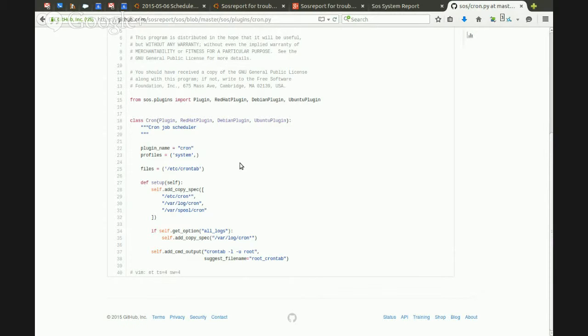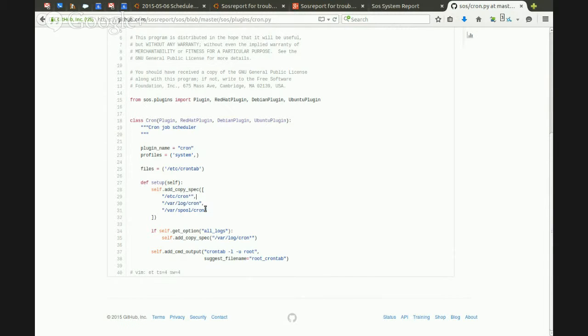For stuff that's custom to Red Hat or Debian or Ubuntu, you have that ability in the plugin architecture to select the specific OS you want it to be running on, or do different things. So for instance, for logging, Red Hat has had journald for longer than Ubuntu, and so they use that for their logging, whereas we still collect /var/log data. And you can see right here, one of the most common options is all_logs. That's an option you can specify on the command line to sosreport to try to collect more logs than it would do normally. So right now we see under a normal copy,